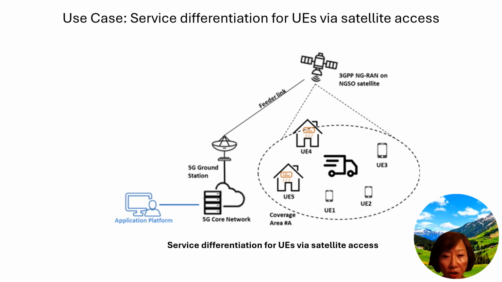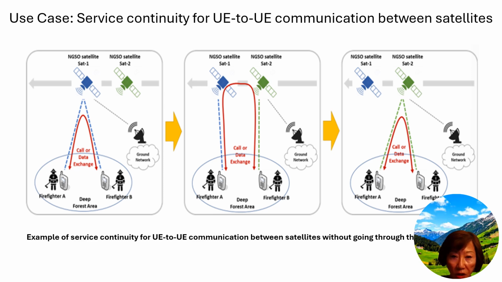The satellite can provide service to a wide area, including regions where terrestrial coverage might be limited or simply non-existent. The system likely has to implement, and I think absolutely needs to implement, QoS mechanisms to prioritize traffic based on UE type and service requirements. Scalability is a concern. The architecture supports multiple UEs of different types, indicating scalability to accommodate diverse use cases. Okay, so this is one interesting use case.